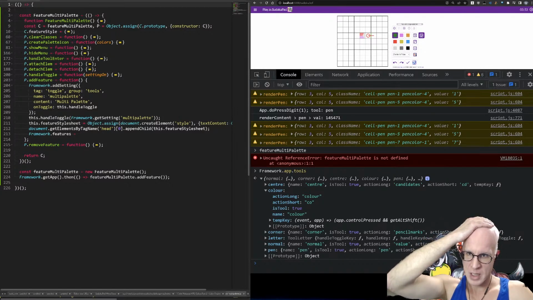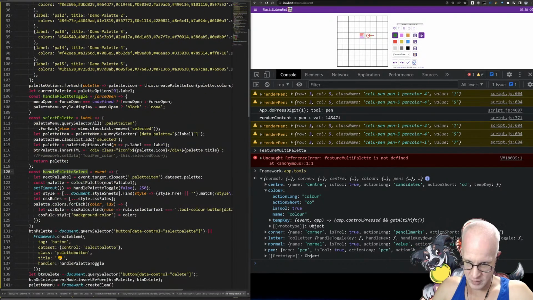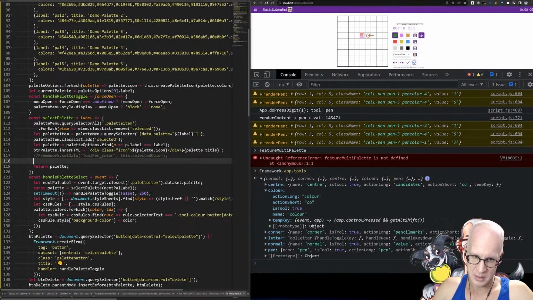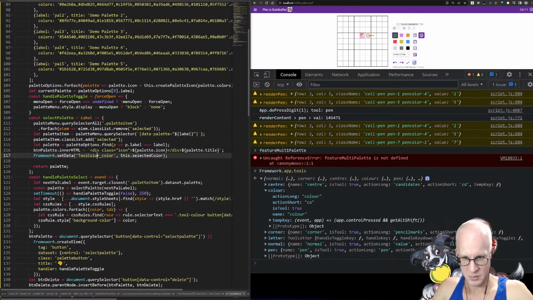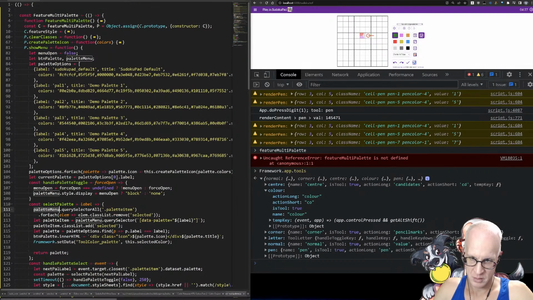So what I'm going to do right now is very surreptitiously, whenever we're changing the palette, first of all, I'm going to do tool color, and I'm gonna rename it to American spelling. Tool color palette,